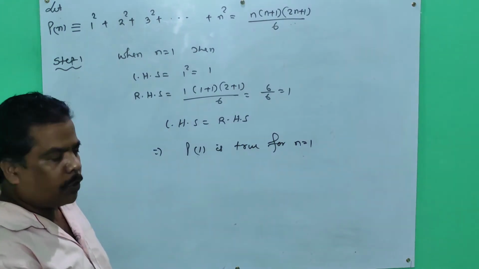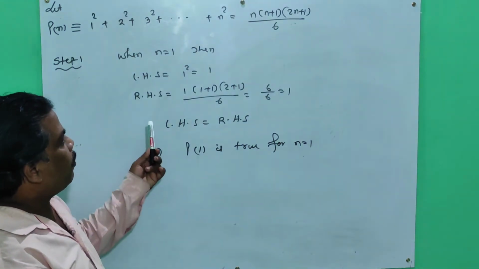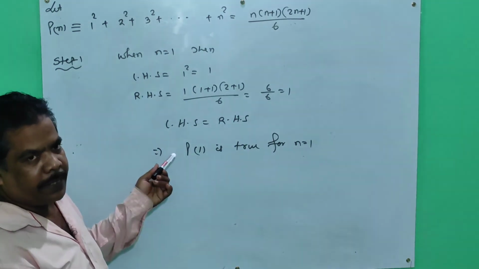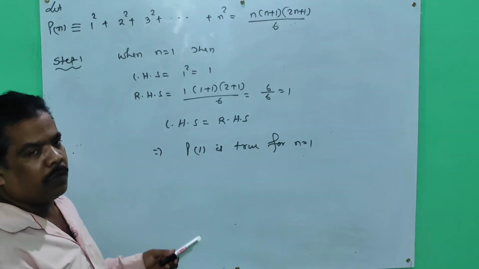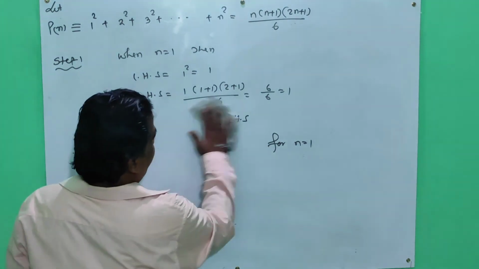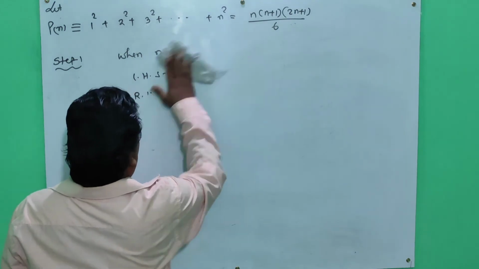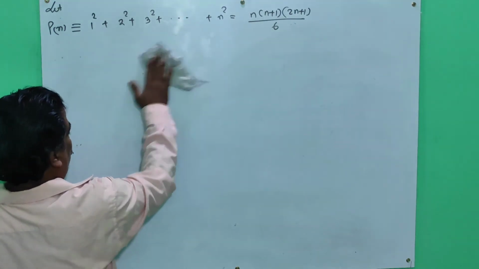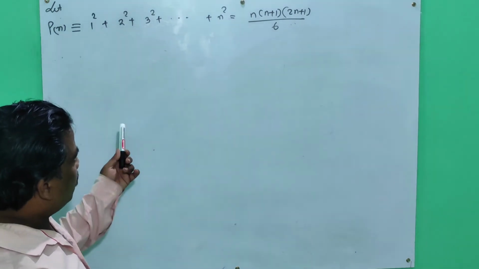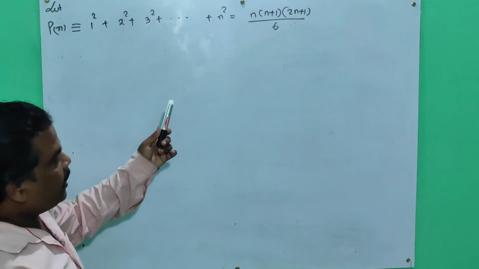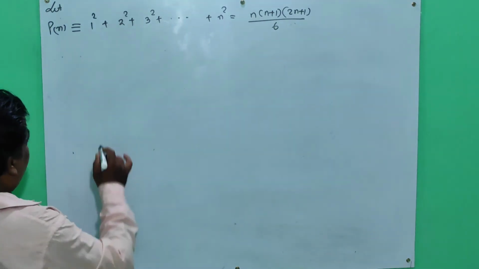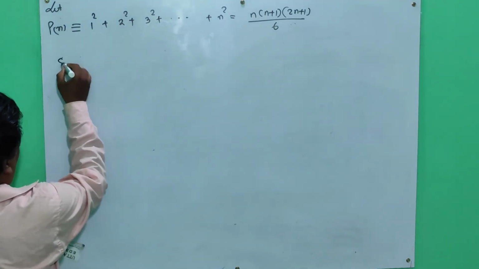Now when n is equal to 1, left hand side is equivalent to right hand side. This means that the given statement is true for n is equal to 1. Next, we take the assumption step. Let the given statement be true for n is equal to m. The sum of m terms, when n is equal to m, the statement is true. That means, in this step 2,